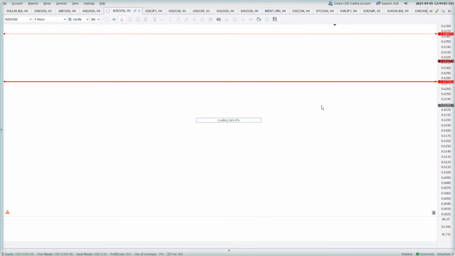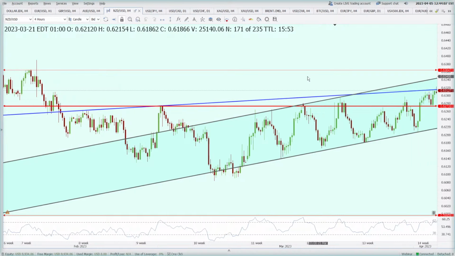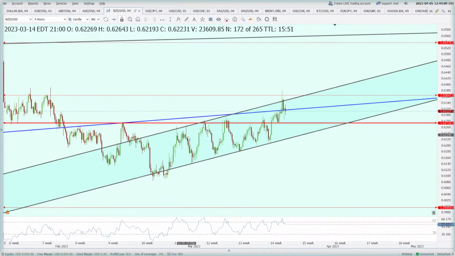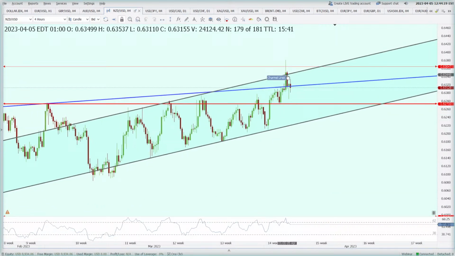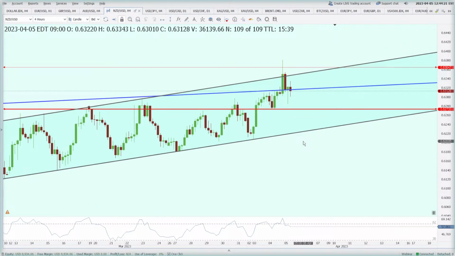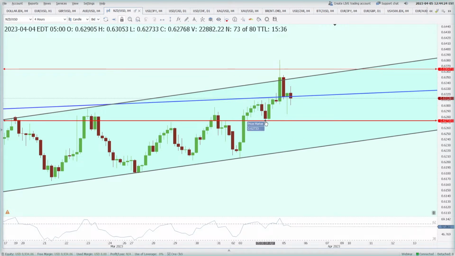New Zealand dollar, we are bullish in the New Zealand dollar. It is doing very good. Come on, bring me the charts. So yeah, New Zealand dollar is doing very good. Like I said, even if the price goes beyond this area, it will be rejected by this horizontal level or this rising channel's resistance. Yes, this has happened and the price has come back here, but you see how beautifully this low has not been taken out, and the price has made this low here.